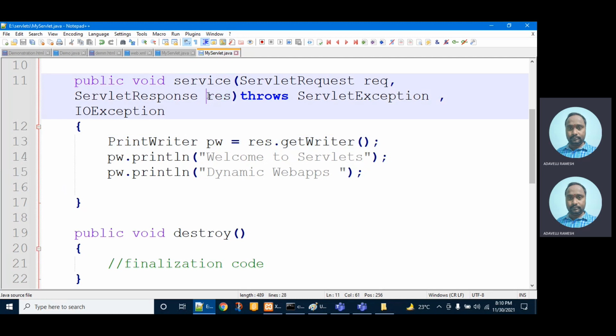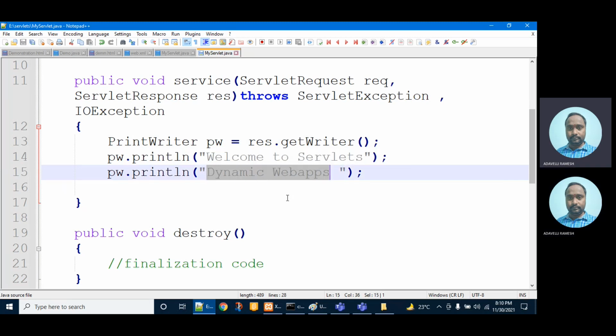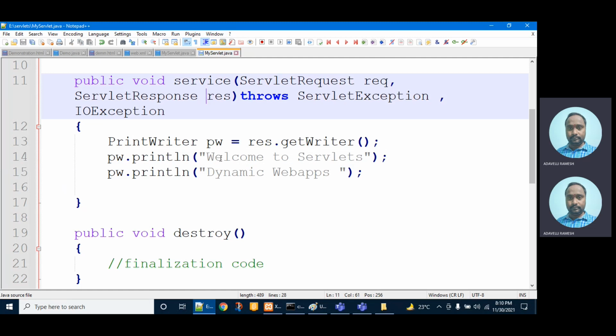That's why the response object provides the getWriter method. By using this pw, I will write any content onto the screen, not screen, call it the browser. What am I writing? Welcome to servlets, dynamic web apps. So this is the service method. As of now, I am not taking any request, just sending a response: welcome to servlets dynamic web apps.